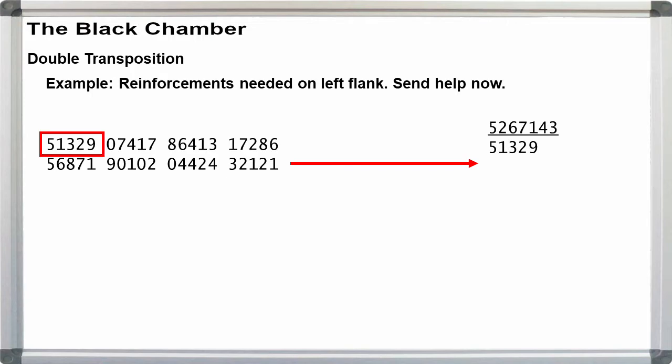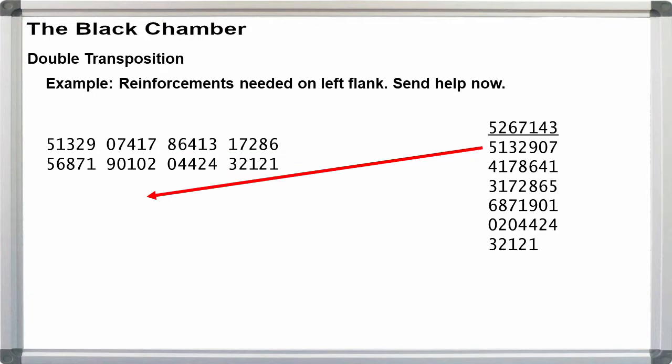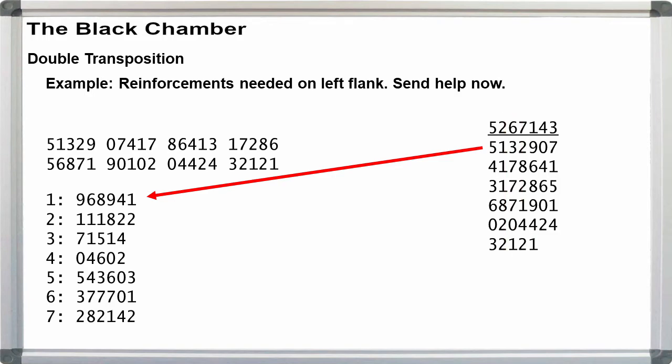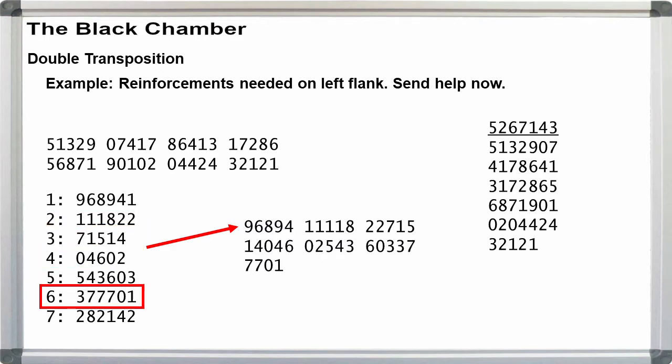Apply the Columnar transposition on the coded message. Write the message under the key in rows. Take the columns off in ascending numeric order. We'll group in 5s here for convenience, but you don't have to. The final cipher is then 96894